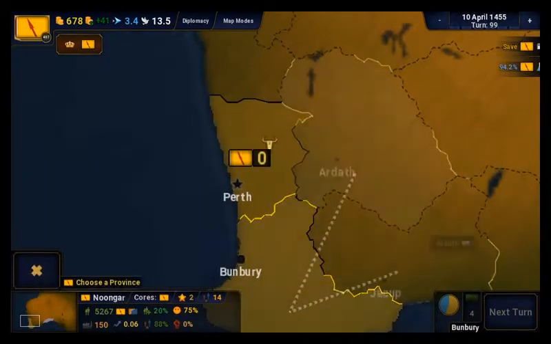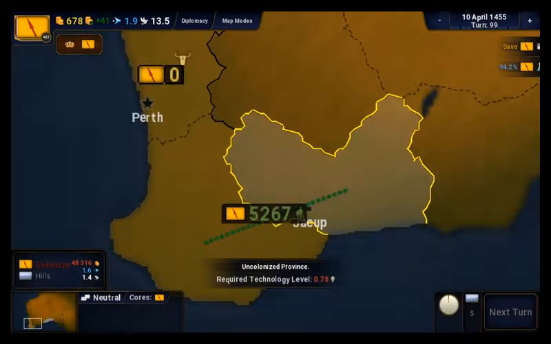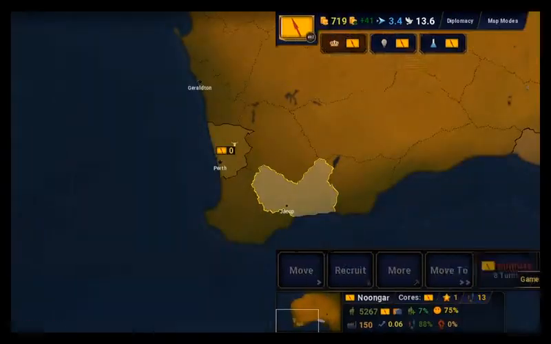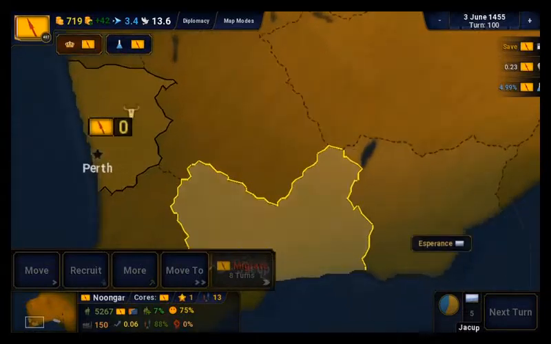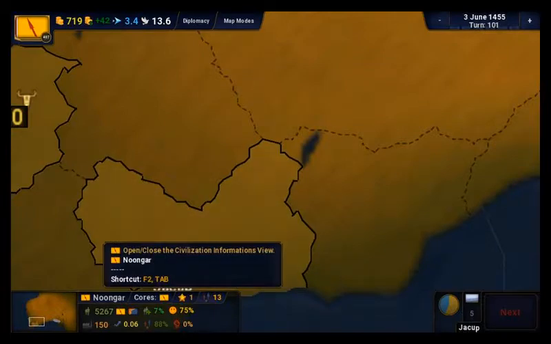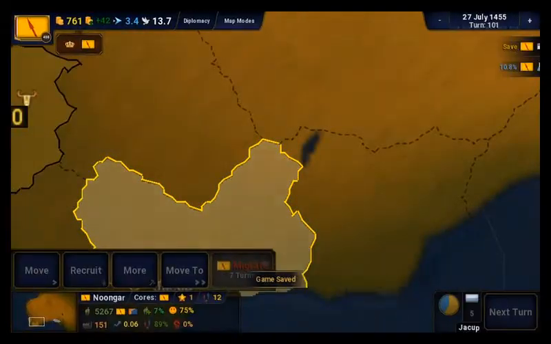Give the ability to cancel migrations if you mess up. Dude, it's your time to shine. Don't fail me now. You've got a lot of people. You've got me supporting you. You have a recruitable population of 500, so...